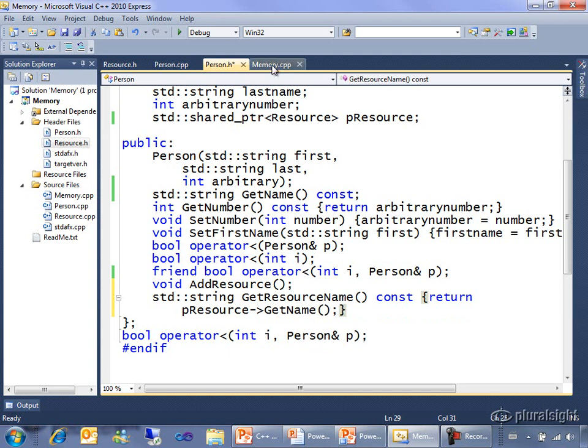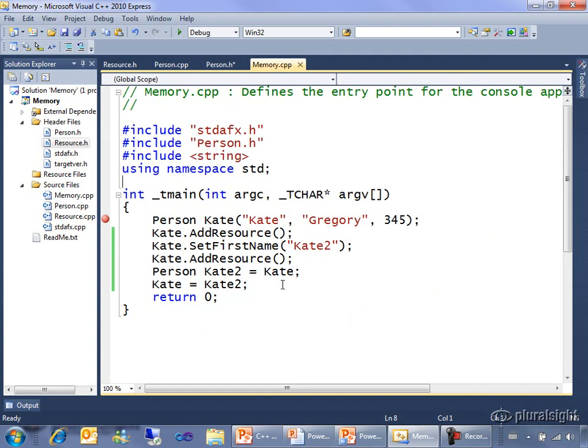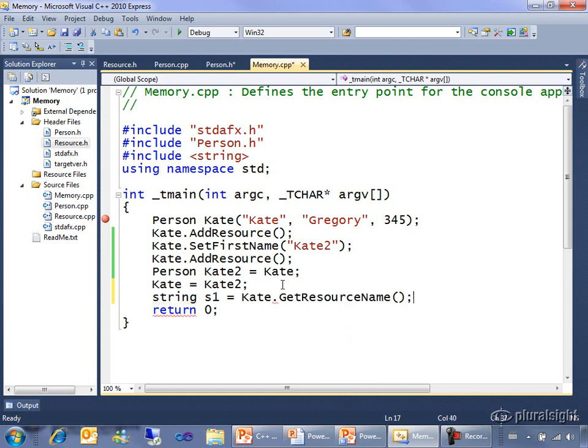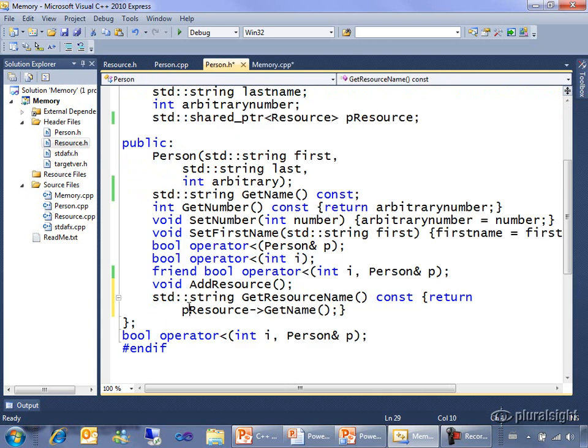So back in here, if I want to, I can take any one of these persons and just declare another string. It could be on one line, but let's do it down here. String s1 is equal to, say, Kate dot getResourceName. And we've implemented that function, so that's going to work just fine, and we'll be able to bring the resource by calling getResourceName, which is going to use the smart pointer pResource just as though it was a